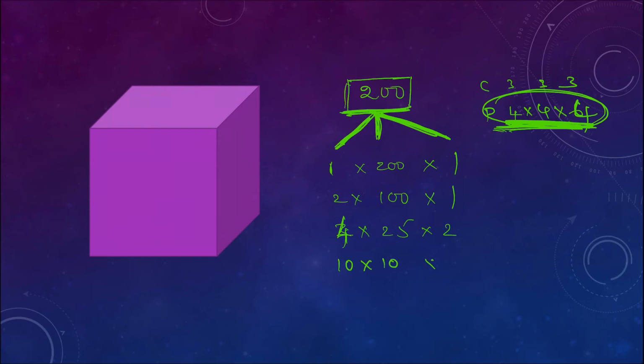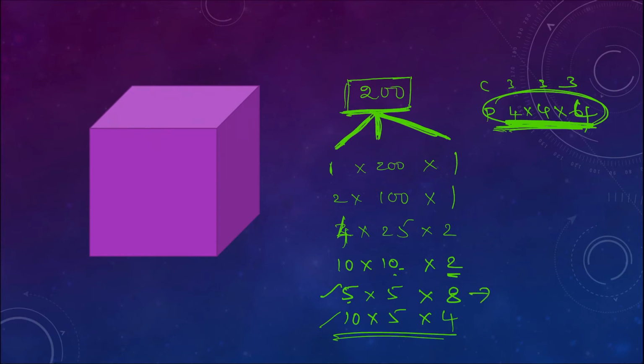So 10 into 10 into 2, not that, it is very less. So I am taking 5 here, so 5 into 5, 25 into 8. Any other? 10 into 5 into 4. So no other such case where the numbers are nearest to each other. So only those 2 cases, very clear, no other such case I think.